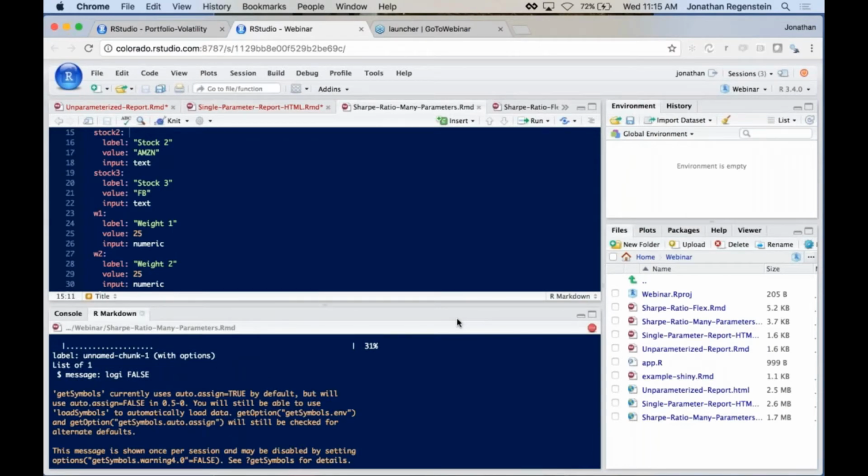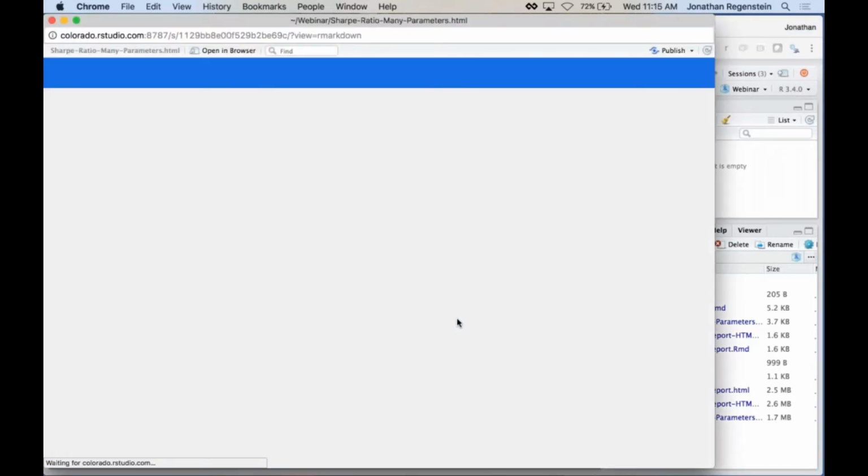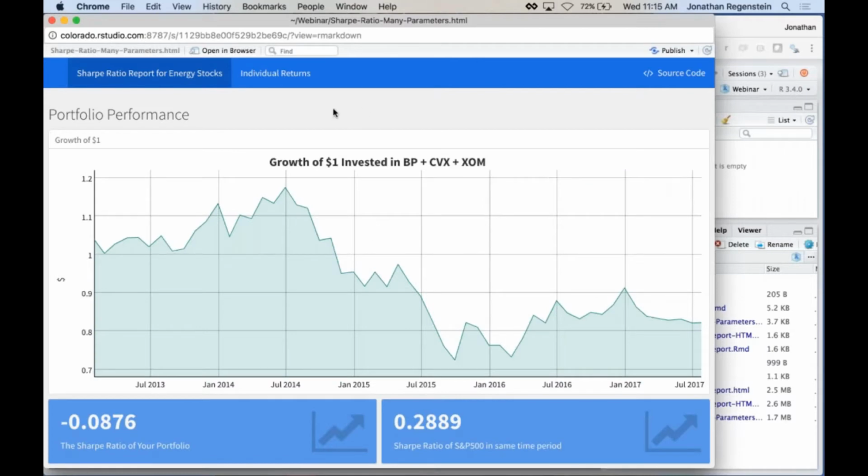And I'm going to walk through the code a little bit once we're done here, but I just wanted to show what the end result is going to look like, so that we're not just walking through code blind. All right, so here's a new report. Growth of $1 invested in... energy has not been a great place to be for the last 4 years. So it actually has a negative Sharpe ratio, but you can see that, by changing all those